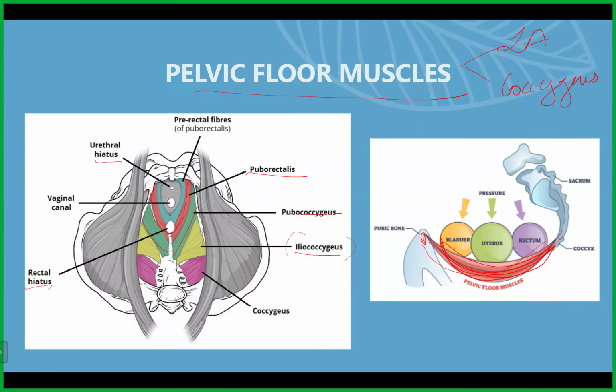Now, the next question is, can we literally train the levator ani and coccygeus muscles separately? No, these are very, very deep structures, and you cannot focus on one muscle separately. We can go for VMO, vastus medialis oblique, strengthening separately, but we cannot go for levator ani separately, coccygeus separately, or any of these muscle groups separately. They can be trained together. Any doubts so far, or can I move on further?